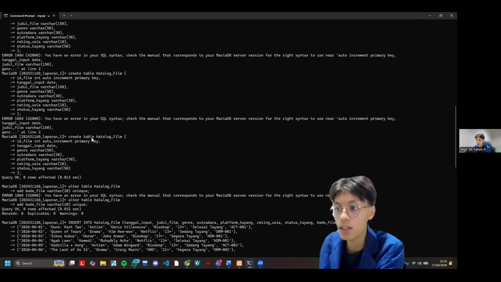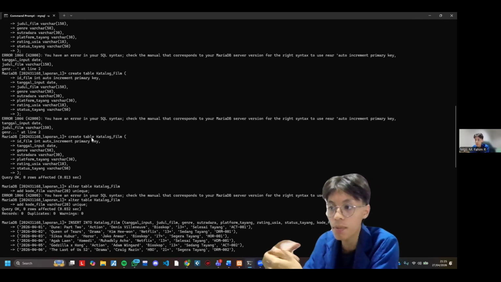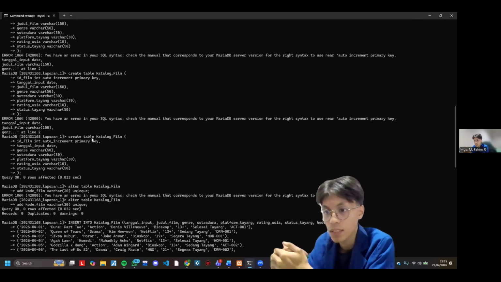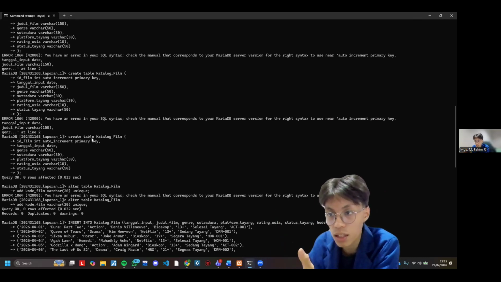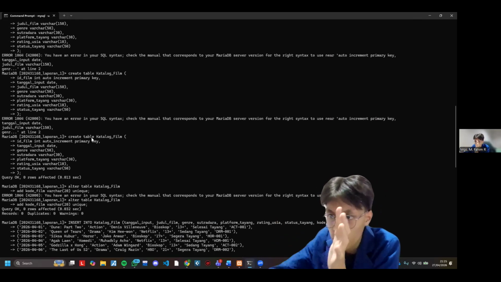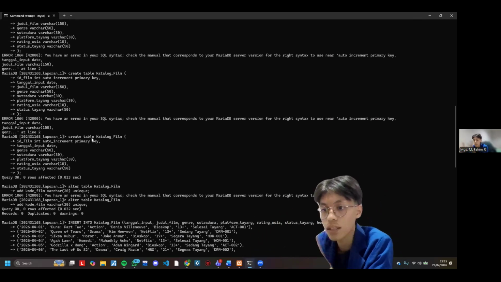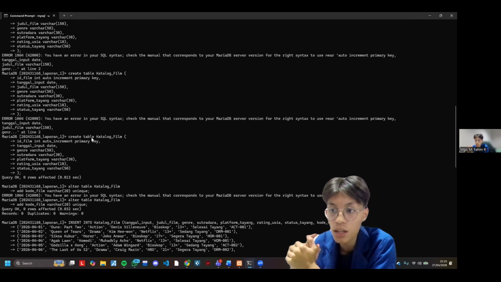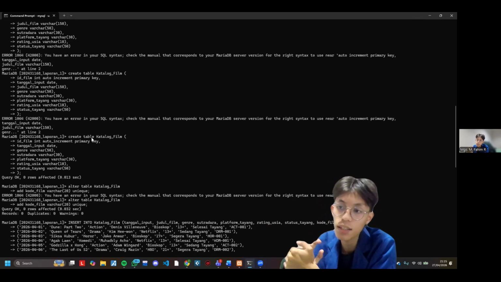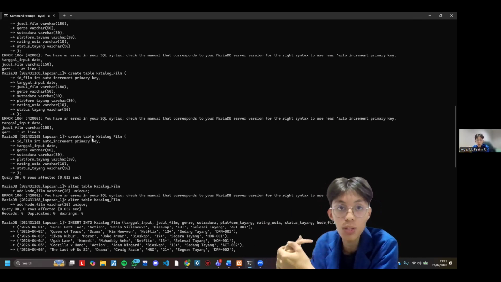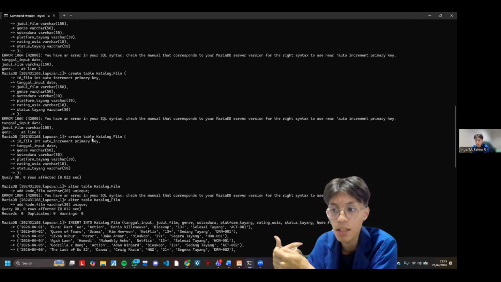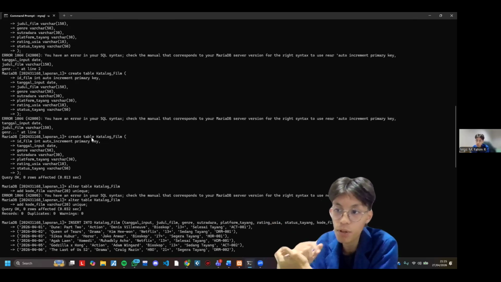We use the syntax create table catalog film, and we make seven variables. The first is ID film with the data type integer. I'll make it auto increment so we don't need to input the data further, and I'll make it the primary key.